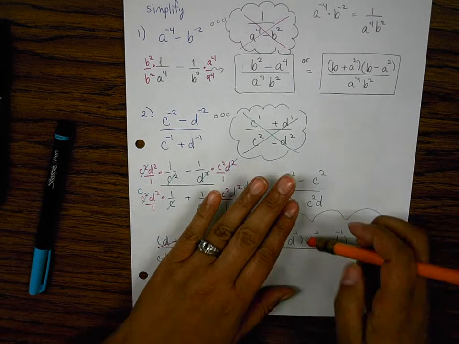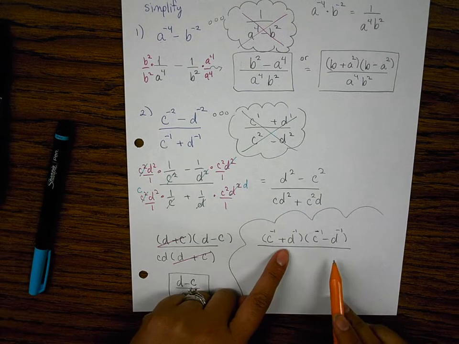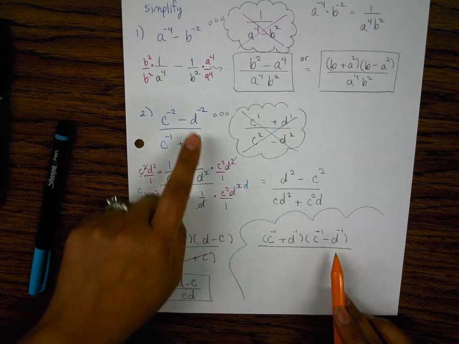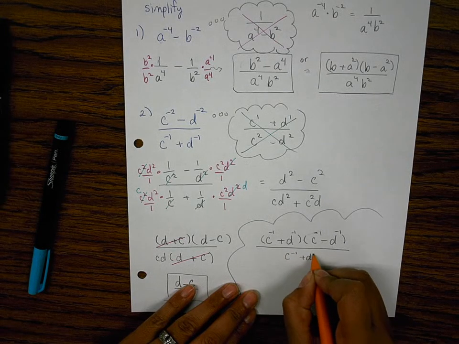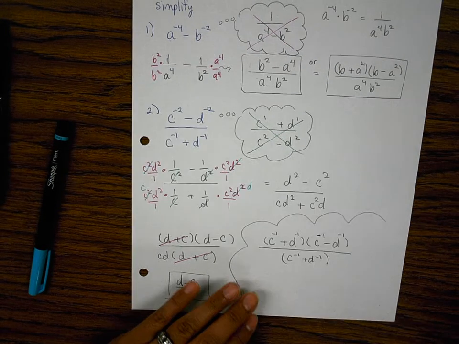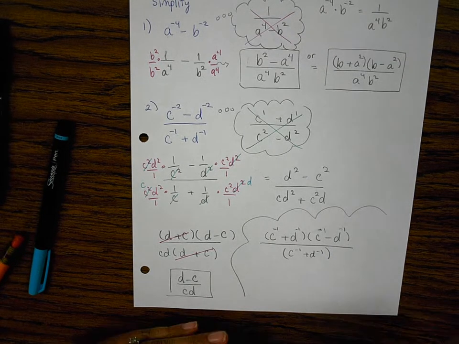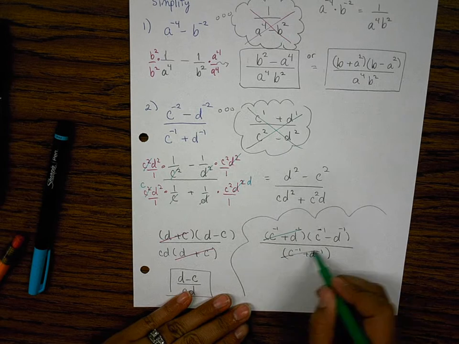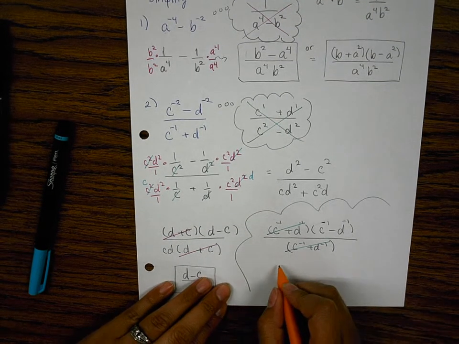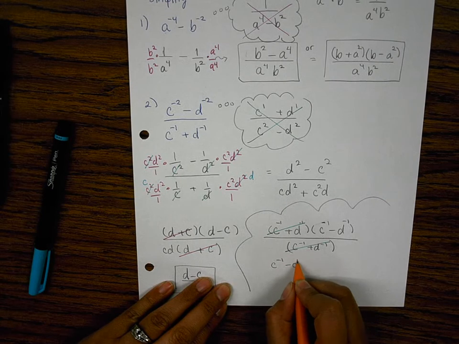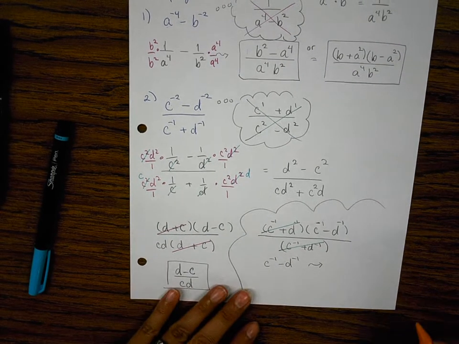And I know they're both negative ones here because it has to add up to negative 2. C to the negative 1 times C to the negative 1 is C to the negative 2. D to the negative 1 times D to the negative 1 is D to the negative 2. And then C to the negative 1 plus D to the negative 1 stays as is. And then you can cross reduce this piece and this piece, this piece and this piece. And I'm left with C to the negative 1 minus D to the negative 1,